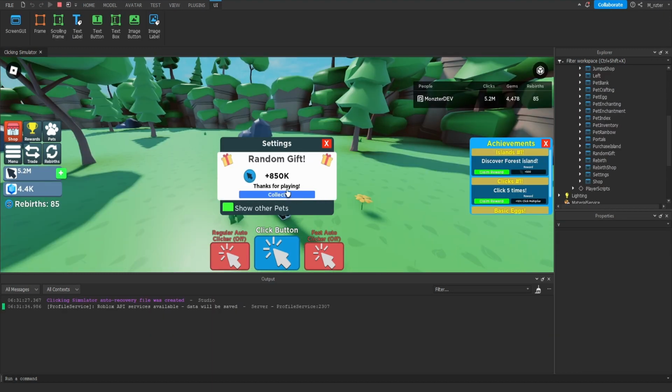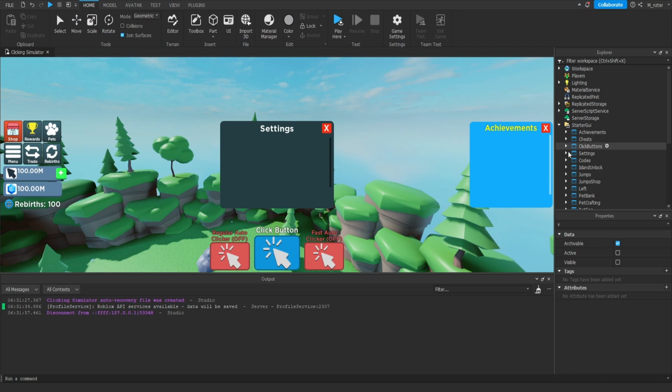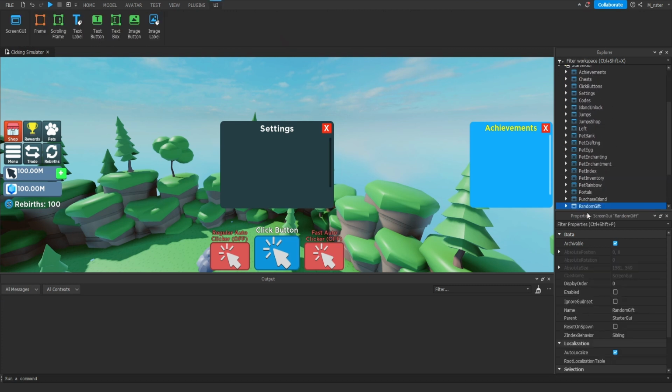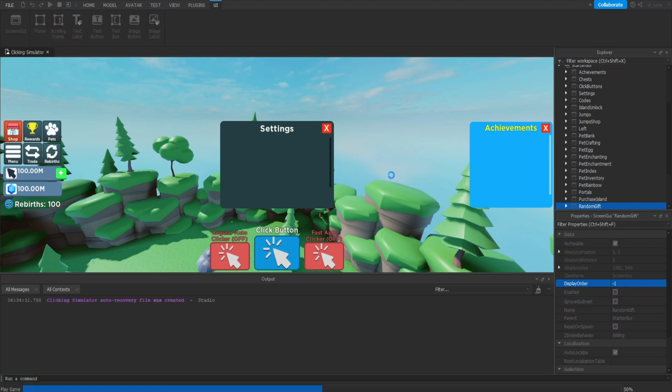You know, this random gift is really annoying and so bothersome. Let's go ahead and fix this, which I realize now is a simple fix I could have fixed like 50 episodes ago. So a quick way to fix this is simply by selecting the GUI, and then we're actually going to update the display order property, and we'll set this to something like -1 because the default is 0. So as long as this is less than all of the other GUIs, this will appear below all of them, so it won't bother us when we're doing these quick tests or anything like that. Anyways, with that being said, let's go back and test this out.